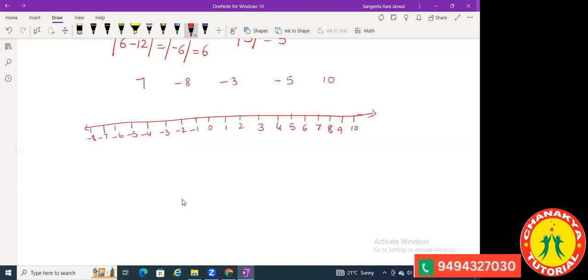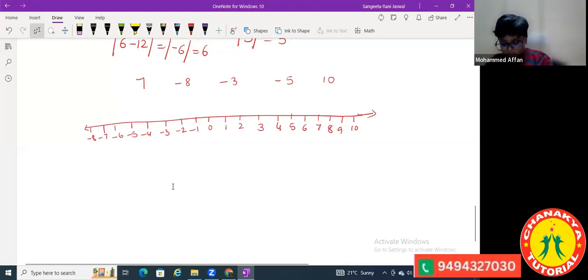You must always make the number line with a pencil, whether you are doing it in the exam, in your fair notebook, or in your test, even in the weekly test. Make the number line with a pencil and scale, never with a pen. In maths, whenever you have figures, geometry, any figure, you must always do it with a pencil. Done? Yes, done, ma'am.